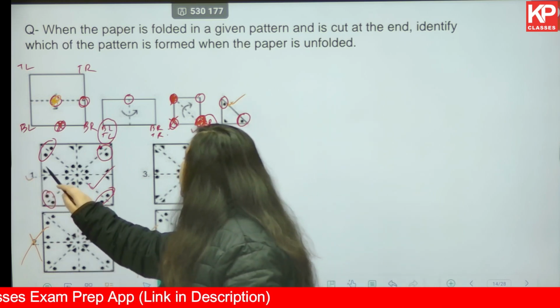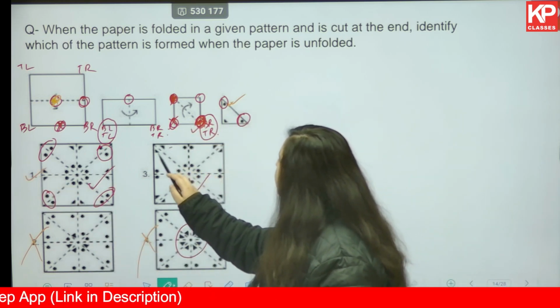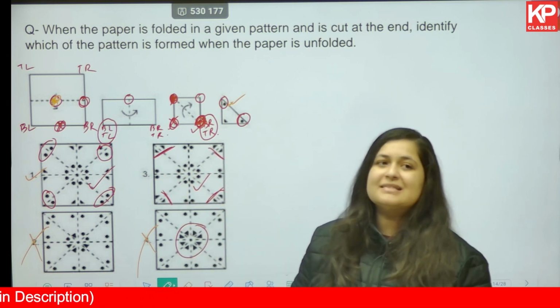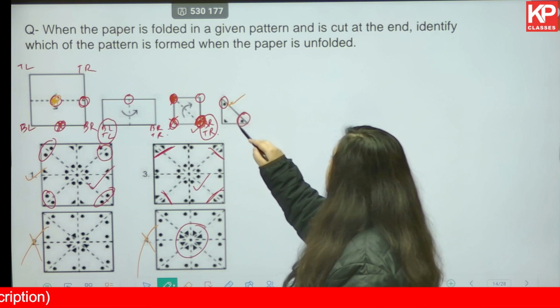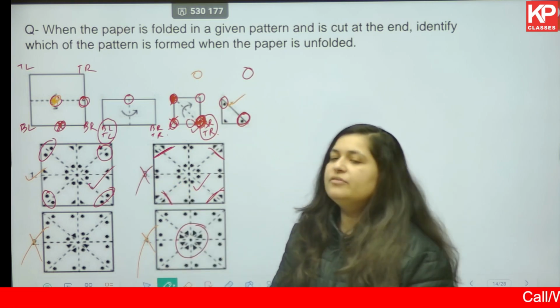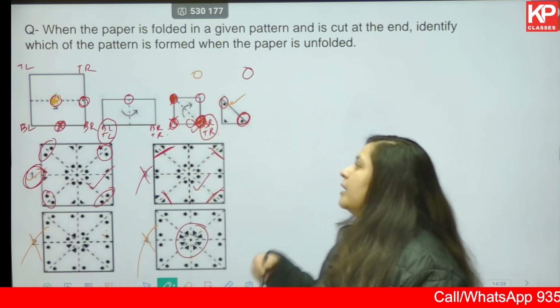So this can be correct. Let us observe what is happening in figure number 3. You have triangles here. So triangles cannot be there in the 4 corners. So again 3 you eliminate. Option number 1 is correct. Now these